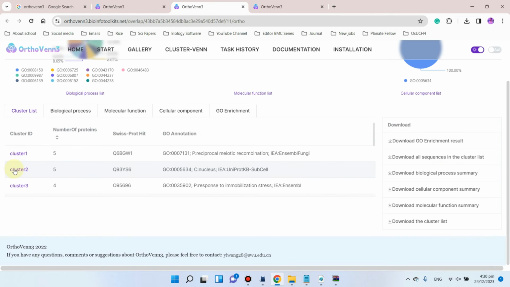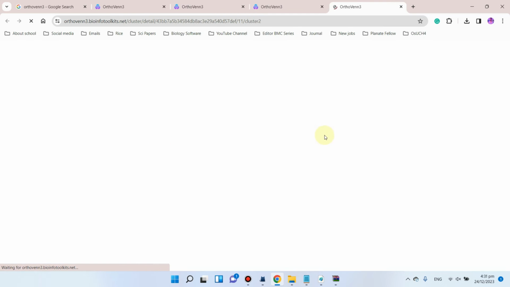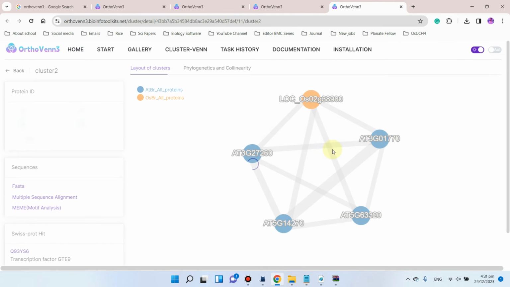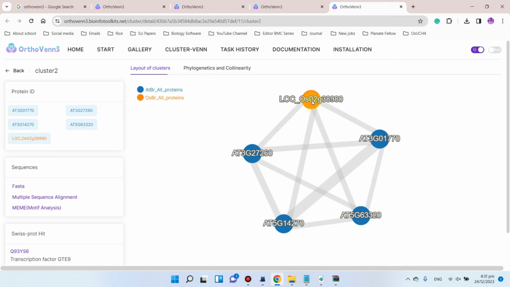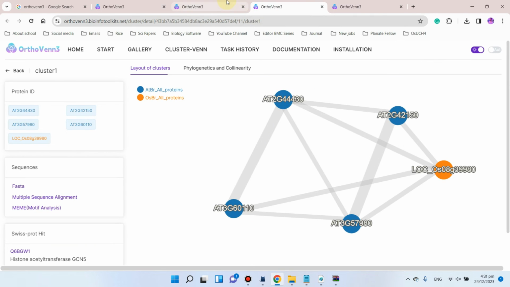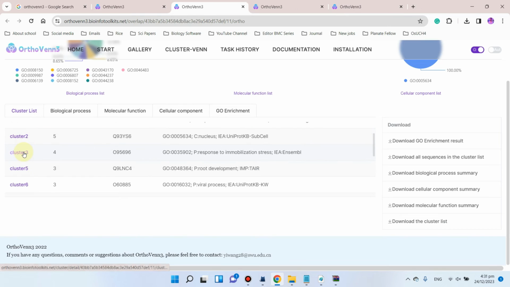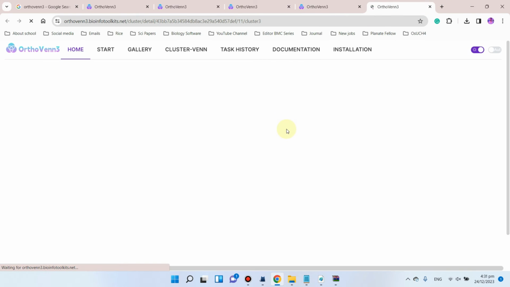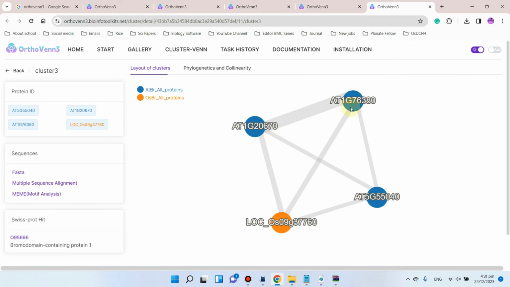Similarly, if we see cluster 2, you can see there is 1 gene from the rice and 4 genes from the Arabidopsis. And similarly, if we see cluster 3, there are 3 genes from the Arabidopsis and 1 gene from the rice.